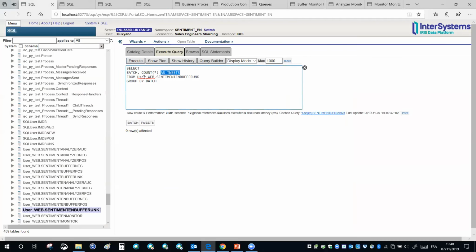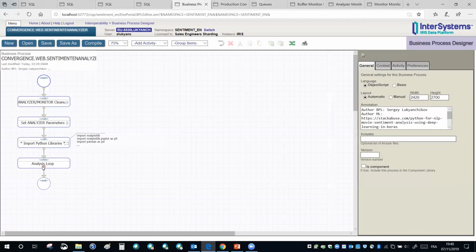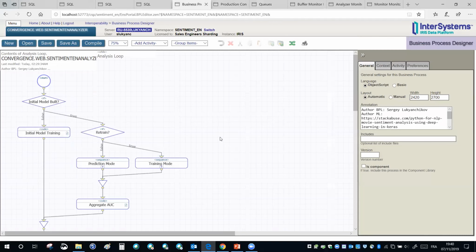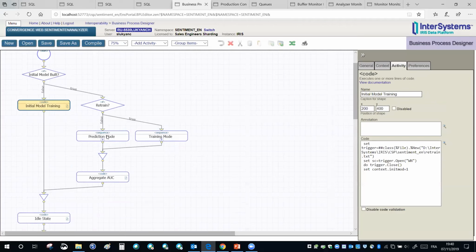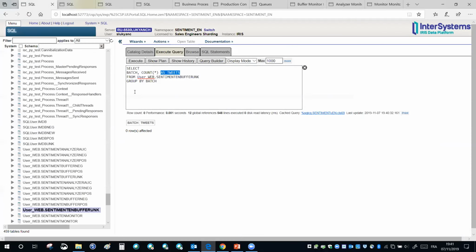Basically, on the start, it has deleted everything from the previous run, so all the buffers have been nullified. And then behind the scenes, it's now refilling the labeled data. Why? Because I'm going here to my analyzer process, opening it up a little bit, because there is no initial model, and before it will start doing any predictions, any scoring work, it will need to train the initial model on the minimum available volume of data. So for that, it will need buffers refilled.